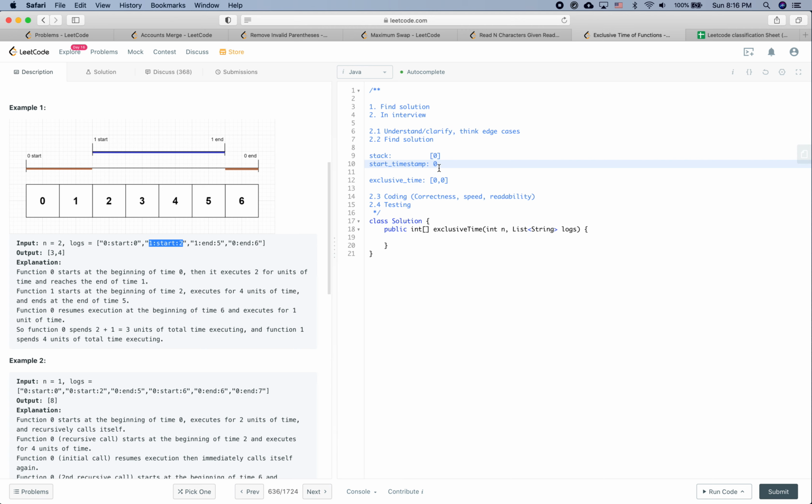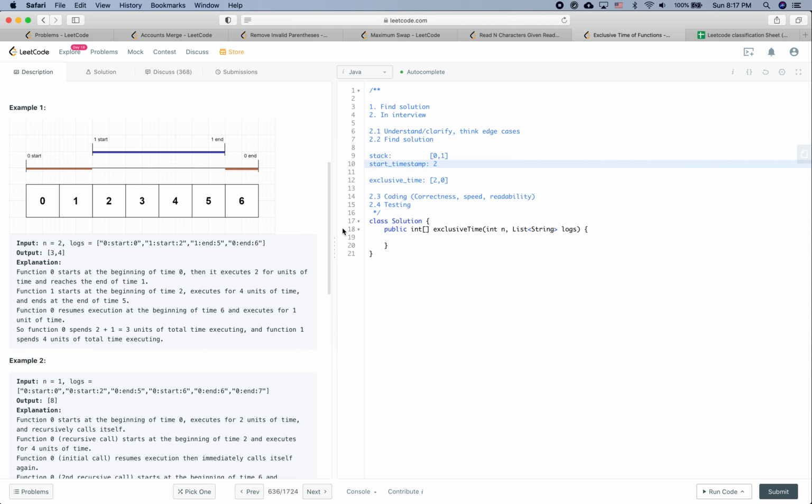So function 0 has already taken 2 units of time. We first update the exclusive time for function 0 to be 2, and then we push function 1 into the stack,